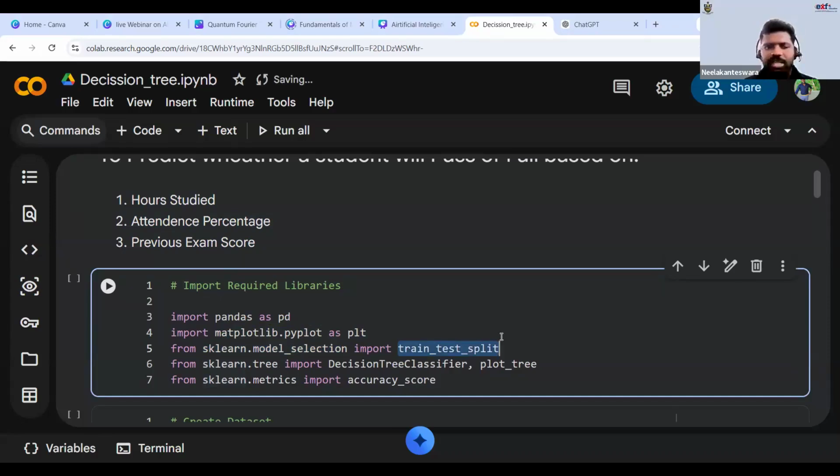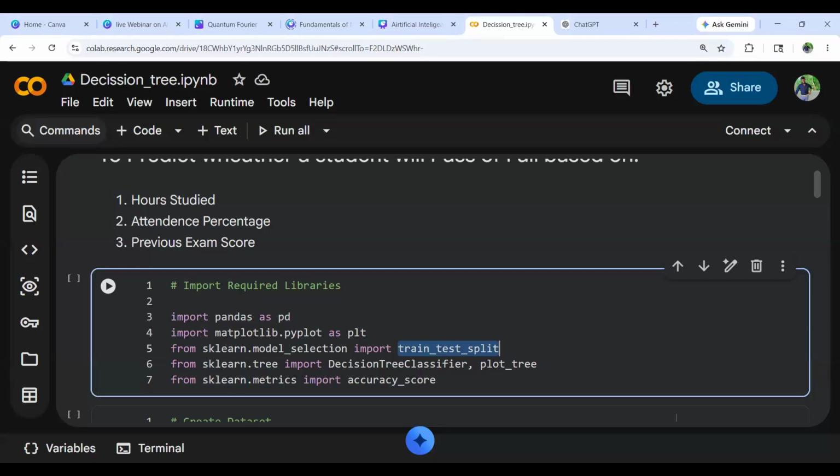What is the purpose of this? This train_test_split splits our dataset. Splitting our dataset means it is going to divide the dataset into two parts. One part is for training purposes and another part